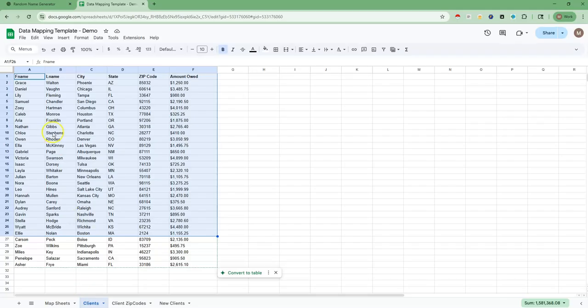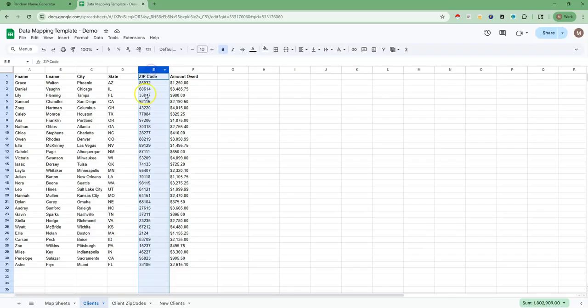So to start off, let's say you have this table. You have a table of clients. So you have 1, 2, 3, 4, 5, 6 columns: first name, last name, city, state, zip, and the amount that is owed by each client. Now, the first thing that I'm going to do is set up a process where I'm going to copy the first name, the last name, and the zip code only those. In fact, instead, we'll do the first name, last name, and the amount owed, and we will copy that onto